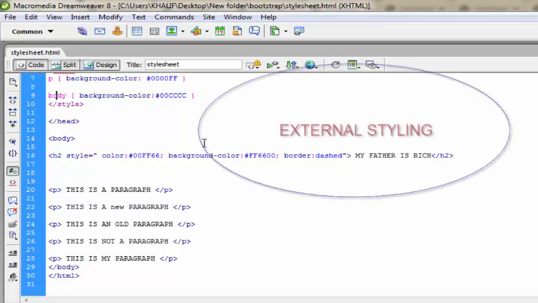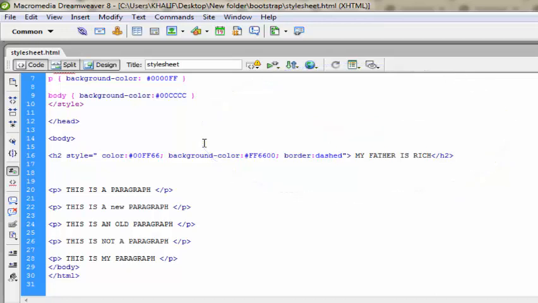And the third type of styling that we have is the external sheet styling. Using the external sheet styling, you can open or create another document for your style sheet separately. You would have this HTML sheet separately, and you also have your CSS styling sheet separately. That's another document. Now we'll find a way to link up these two sheets together. That is what the external styling does. And the good thing about external styling is that you can style as many HTML documents as possible.